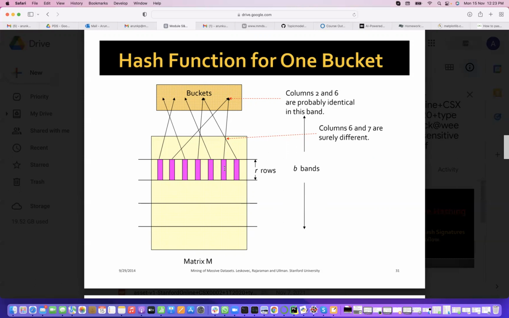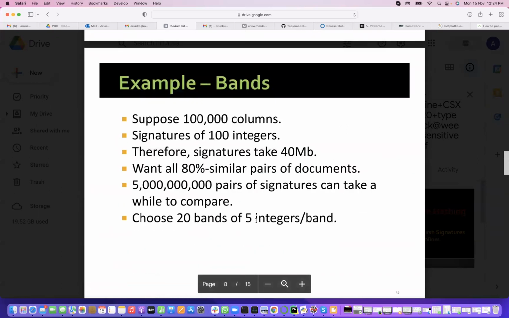So here is one caveat: if they are falling into the same bucket, we are not saying that they are similar. But if they are falling into different buckets, they are definitely dissimilar, okay? Because we are taking bands, if some bands coincide, then they fall into the same bucket. But if no band coincides with any band in the other column, then they never come into the same bucket with any hash map, which means they are dissimilar. Nothing is common between them. So that is how we eliminate them, not to evaluate further.